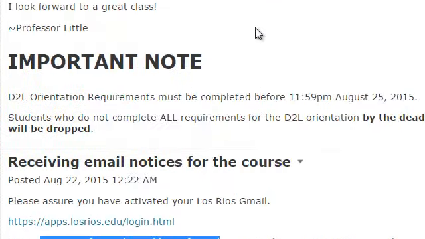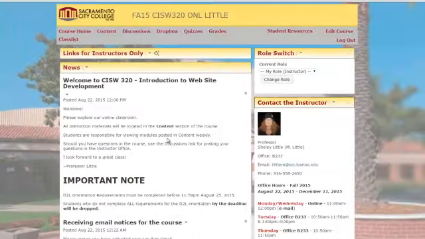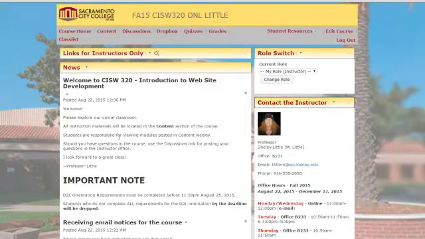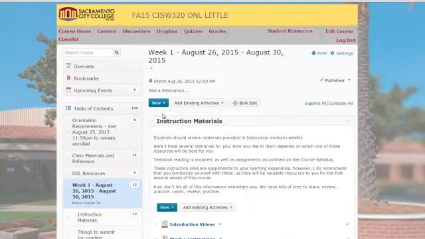So a lot of students will have a different email address that they check regularly and set up a forwarding address for email sent to this particular address to be forwarded to their primary. It doesn't matter which email that you use as long as you check your email a couple of times a week. So the first area I'd like to show you in our classroom is the content area,